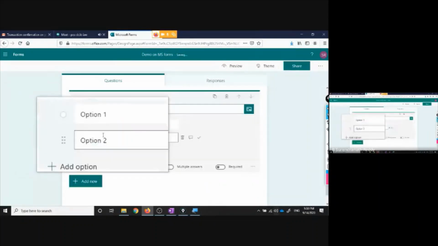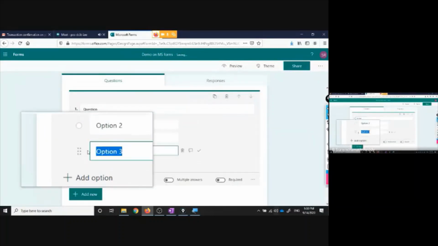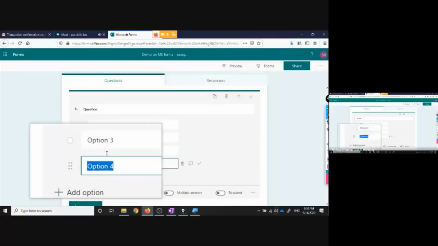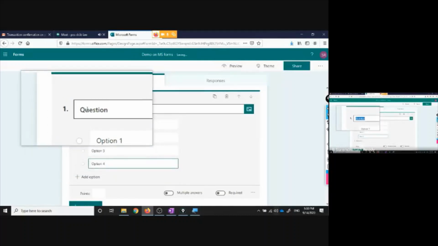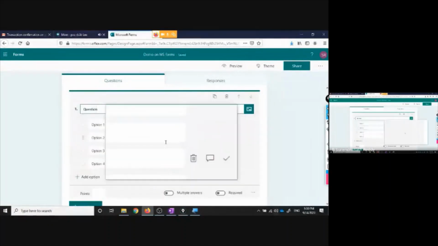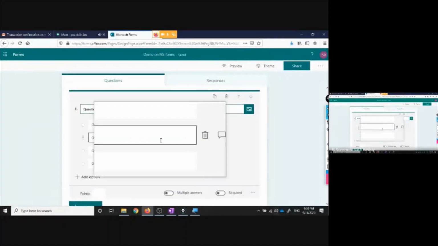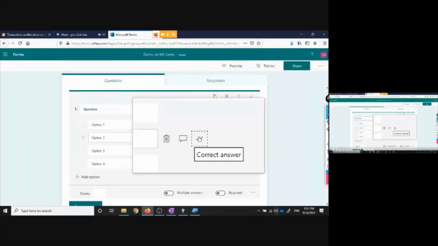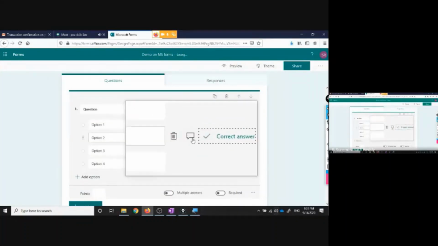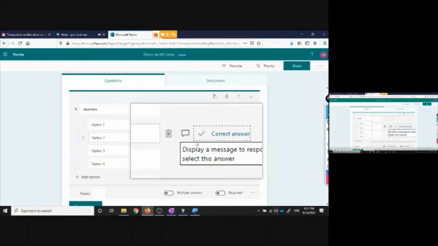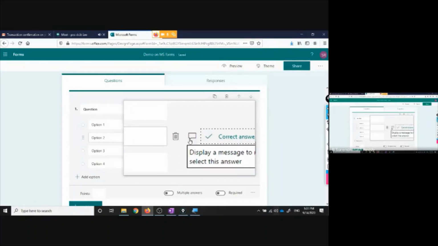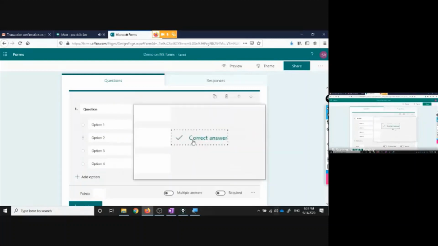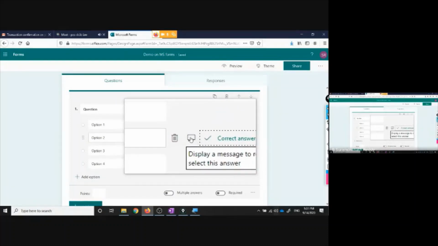So if I click on this choice question, you can add n number of options. Basically there will be two options. If you want more, you can add as many as you want. Then for each question you will have options, and the advantage here is that whichever is the correct answer, you just click on this. That means it is understood that this option is the correct answer. And you can give a message for each answer, so that after the student attends the question, they will come to know this display message to respondents. If it is wrong, then you can give some message. If it is right, then you can give some message. So it is like feedback is available for each option, if the student wants to understand more things after that quiz, right?